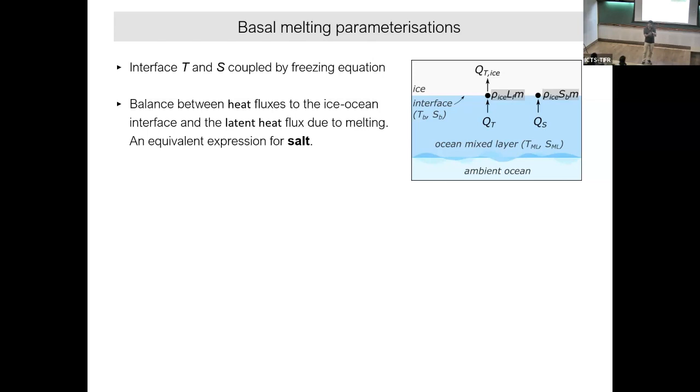It is a conduction of heat from the interface to the core, right? And there is also heat coming from the ocean, right? So that was represented as QT, and this is QT ice, and this is QT ocean, you can call. Now, because of this imbalance of the heat, either ice will melt or ice will freeze. If the ice core dictates, then you grow ice. If the ocean dictates, then you melt the ice. So that's the combination.